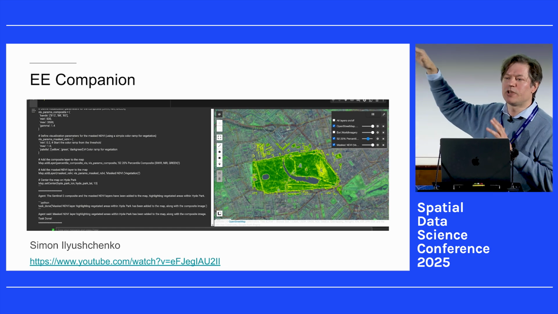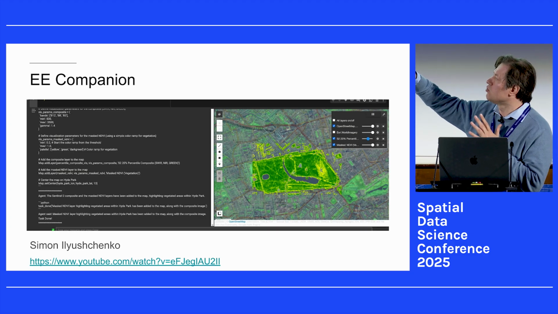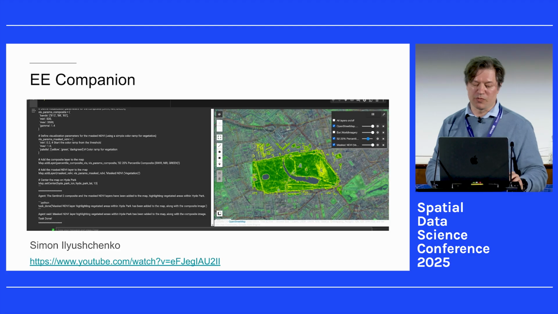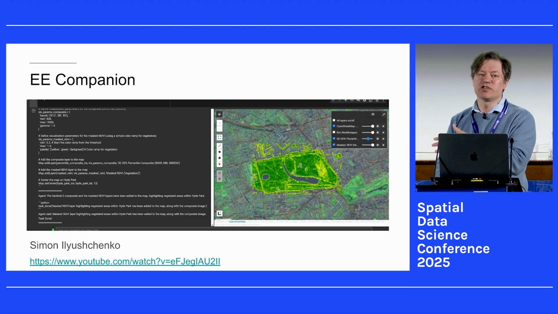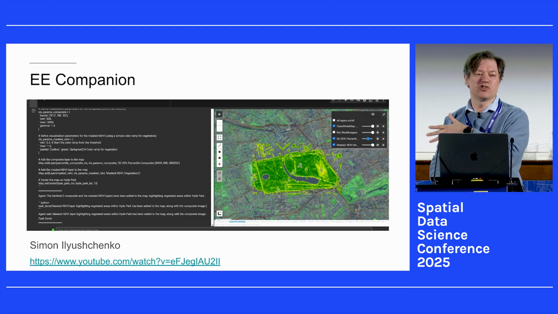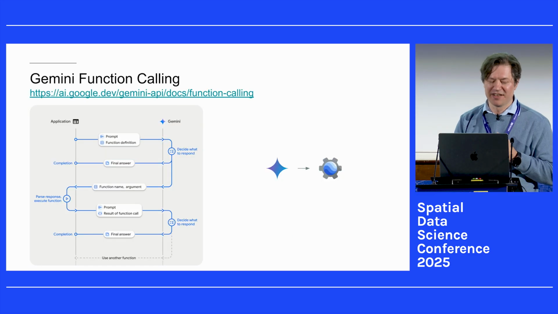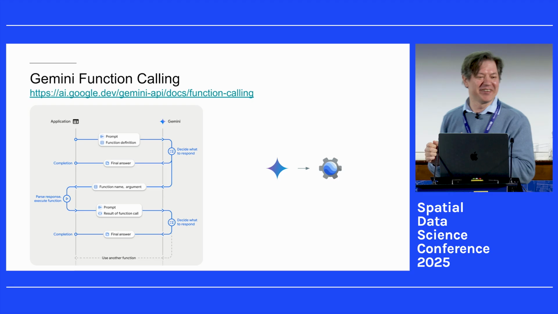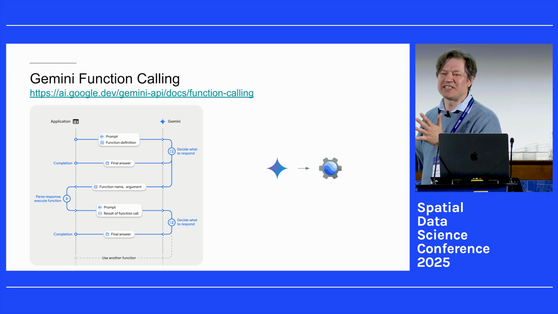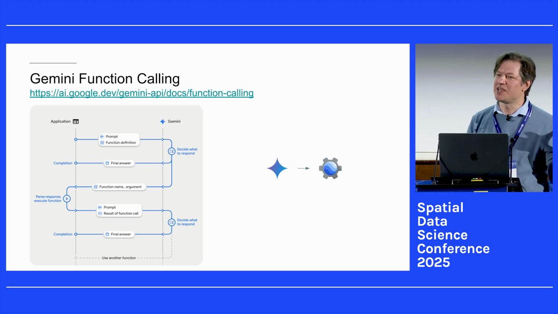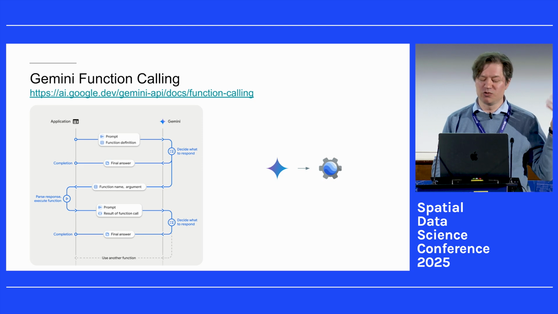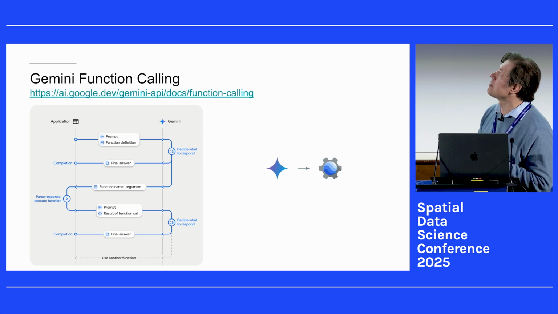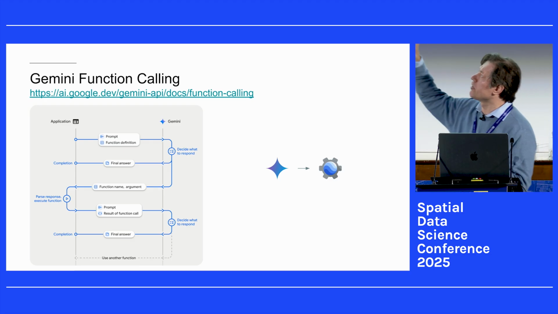When you run this notebook, you can just type questions in the code or in a prompt here, and it will actually generate code which runs on Earth Engine and will show you data. And this was an eye-opener for me that it's possible. I always thought that it's more of a toy, but it's actually becoming a very useful assistant when you don't know the Earth Engine API even, or if you do know it, to do some tasks faster. And the way it's implemented, it makes use of something called Gemini function calling, where you can define prompts.